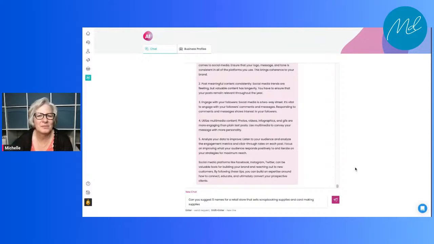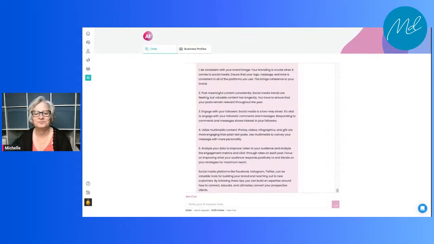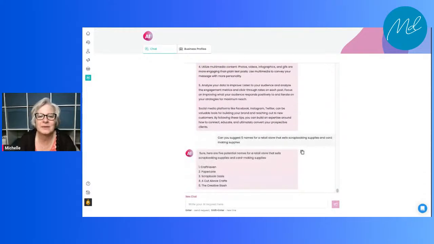We have a problem with the internet in general when it comes to paper crafting type stuff. So I've asked it to give me 5 names. All right, so here we go. These aren't bad, you guys. Now, of course, I'd have to know if any of these names are taken.